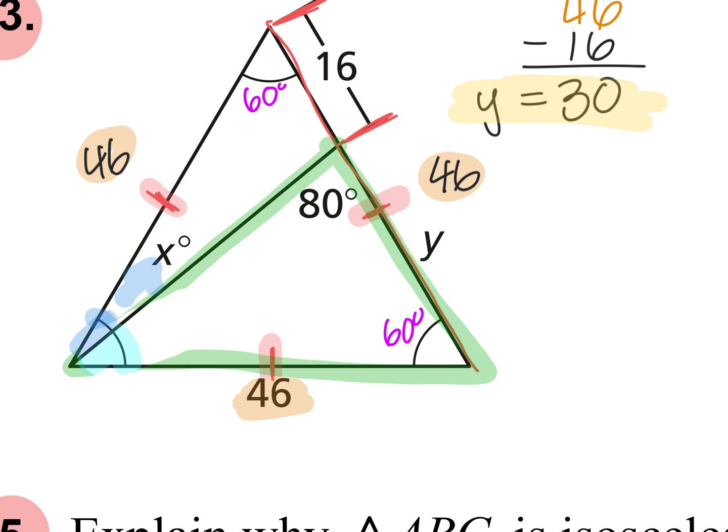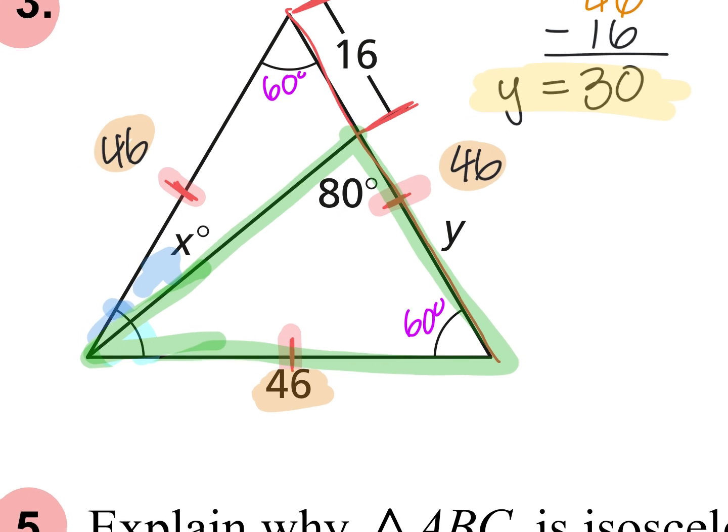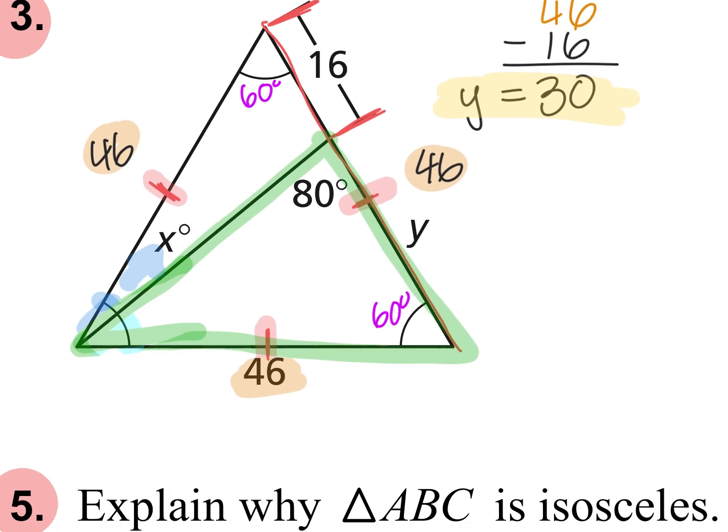So I'm looking at what I highlighted in green, this triangle. I know that this measurement is 80. I know that this measurement is going to be 60. I need to figure out what this measurement's going to be. So how would I find that? 80 minus 60? I'm not subtracting. Remember, the inside of my triangle is going to equal 180, right? So I need to add these. This angle plus this angle plus this angle has to equal 180. So I'm going to add